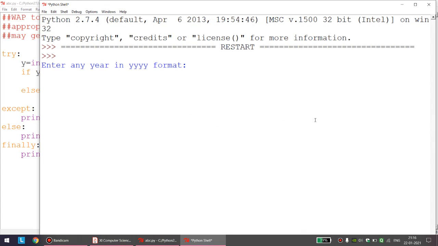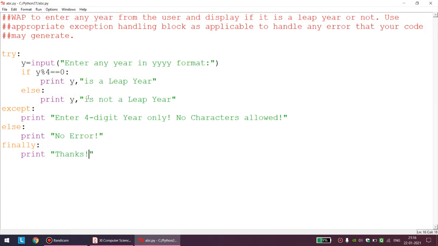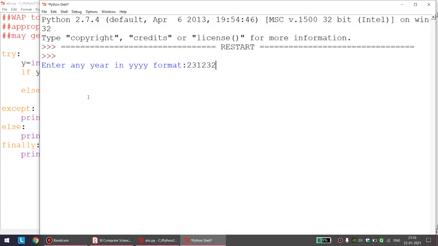Let us first work properly. 2006, input is proper: not a leap year, else block executed, thanks block executed, correct? Now input is improper, but again I feel that it will not give an error because it will be divisible by 4.